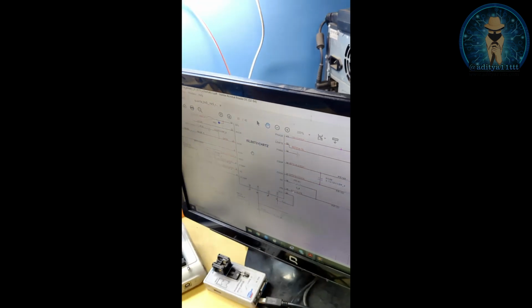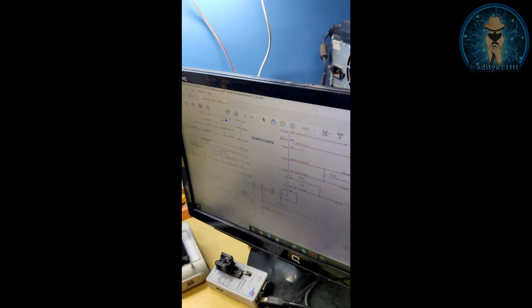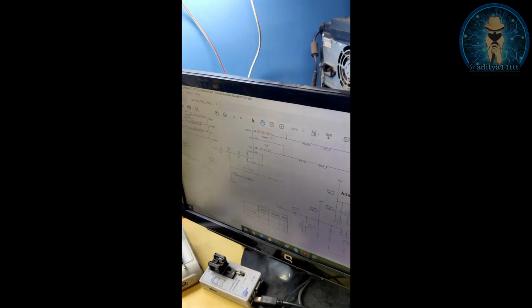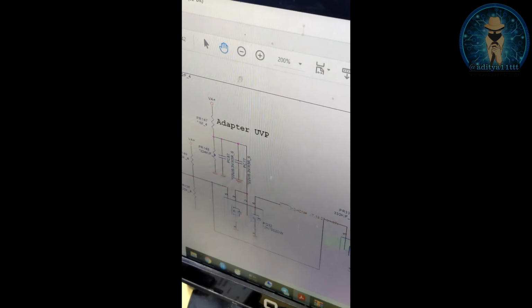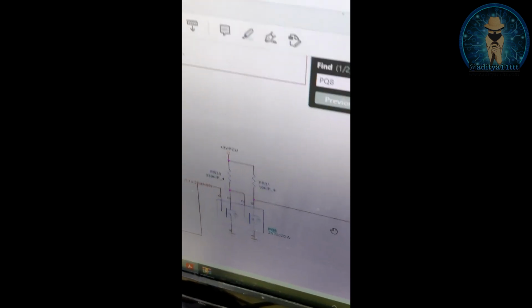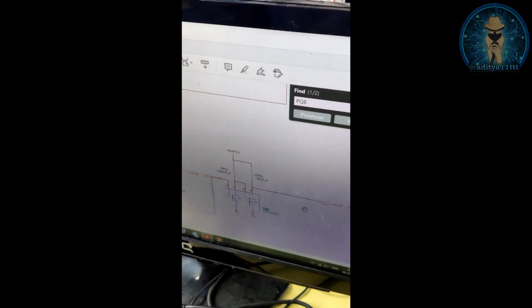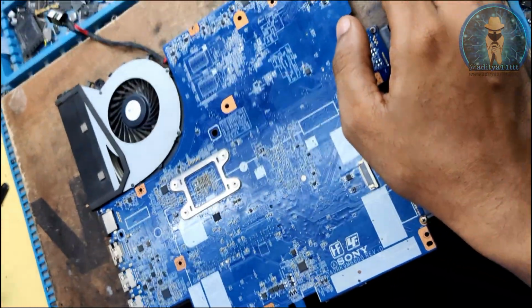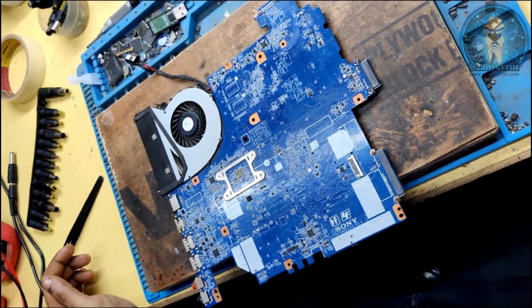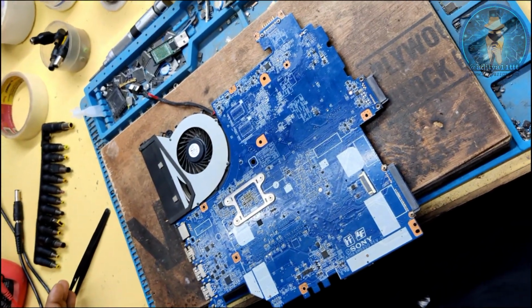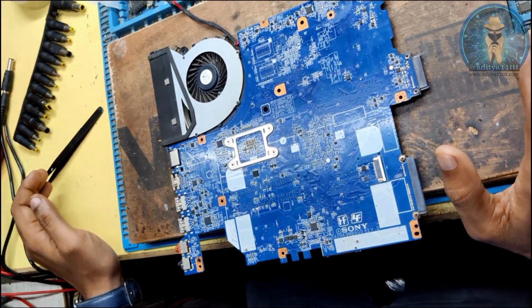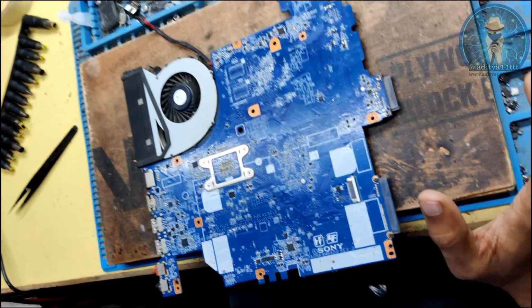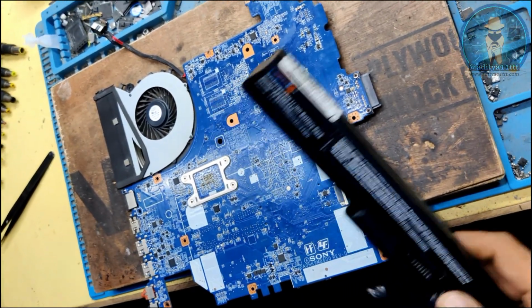So I directly replaced my battery IC, and after that I put this PR137 resistor back on the MBD and checked the AC in line. My AC in line is proper now, 3.3 volts only. And my motherboard is getting on properly. The main culprit we can say is, first of all, the battery IC. I also made a mistake that I had not checked its basic requirement, but thanks to Satish sir, after watching his video I got some clues, maybe the most important clue in this motherboard for repairing it.